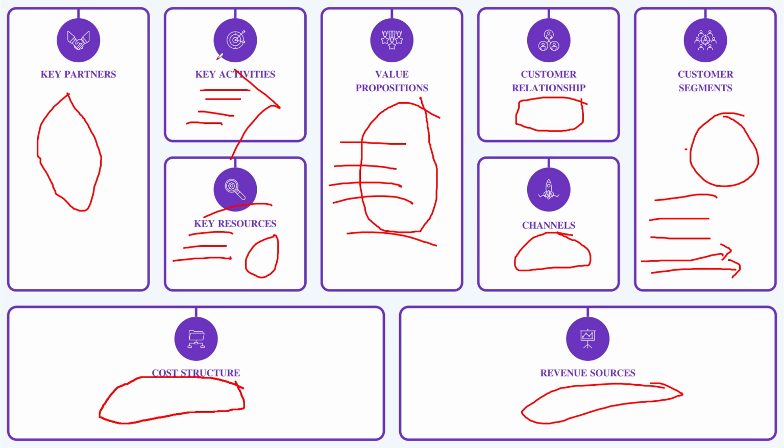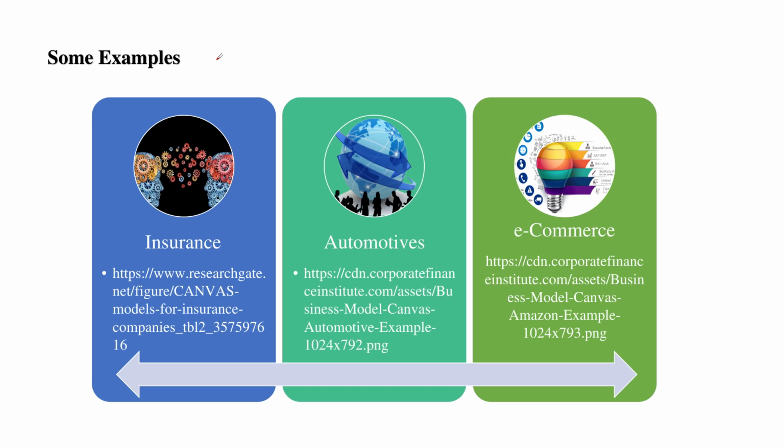So let's very quickly go through some samples of business model canvas. As I said, I have not gone through these. The first one is in insurance, the second one is in automotives, and the third one is in e-commerce. Now these are off the internet. What I found is that these documents are not as rich and detailed as what we tend to produce in a realistic scenario,